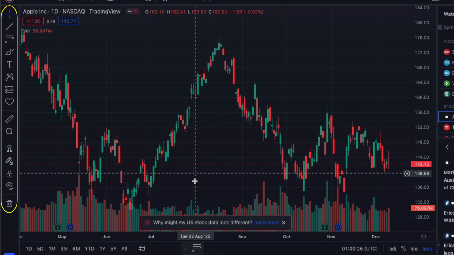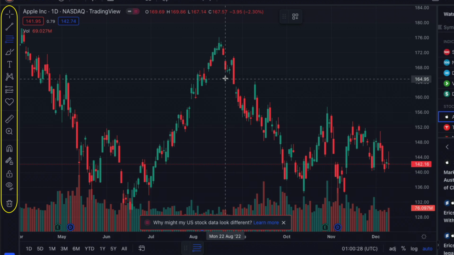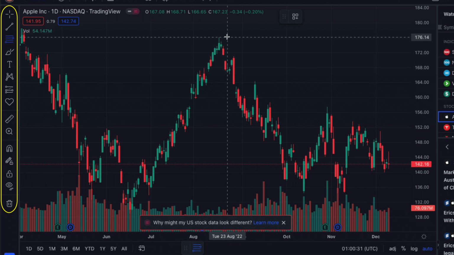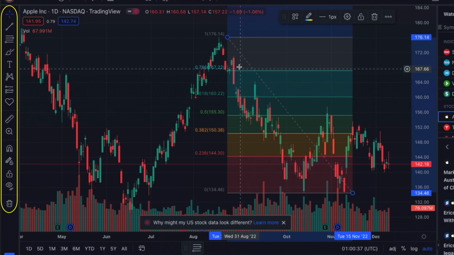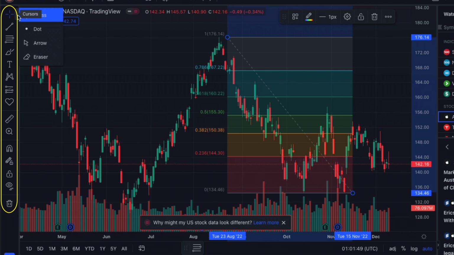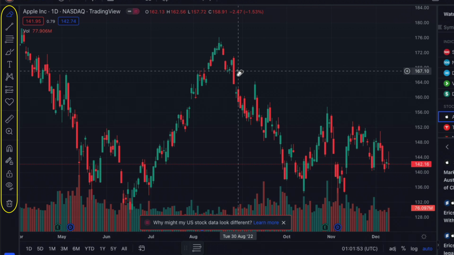So whenever I want to use this tool, all I have to do is just select it, and then I can select the swing high right down to the low, and we can see the fib retracement right here using this tool. I'm not going to go deeper into what Fibonacci retracement is. However, it is just a tool that traders use to determine support and resistance areas. If we just select the eraser cursor and erase this tool from our chart,